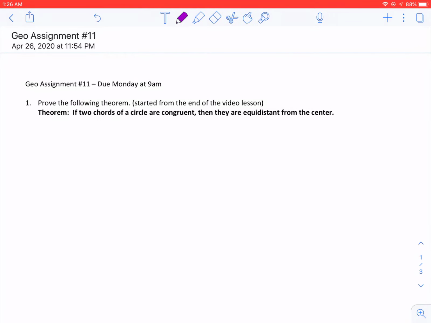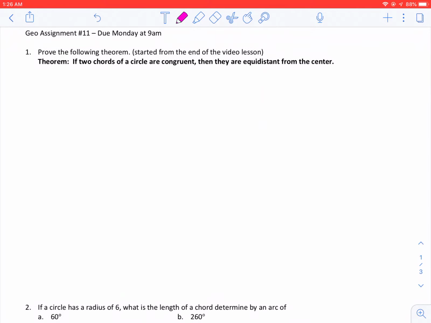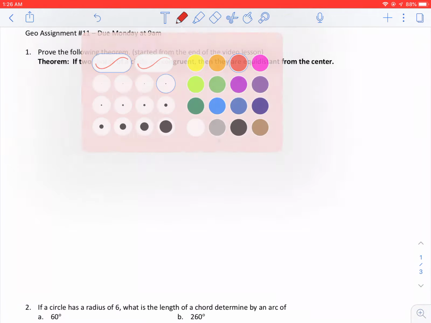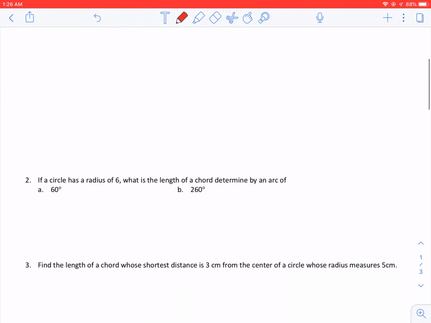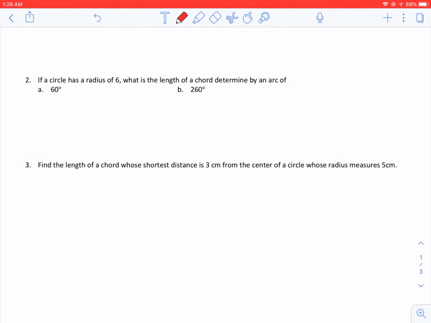Alright guys, this is going to be a video homework answer key for some select problems. I got a lot of questions on this homework, more than usual, so I thought I would clarify some of the most commonly asked questions on this homework. For number one, I will post that as a PDF file attached with this, so if you want to check out that proof, I already gave you most of the steps, so I'm sure that one was fine. Alright, but I got a lot of questions on number 2 and 3, so I definitely want to take a